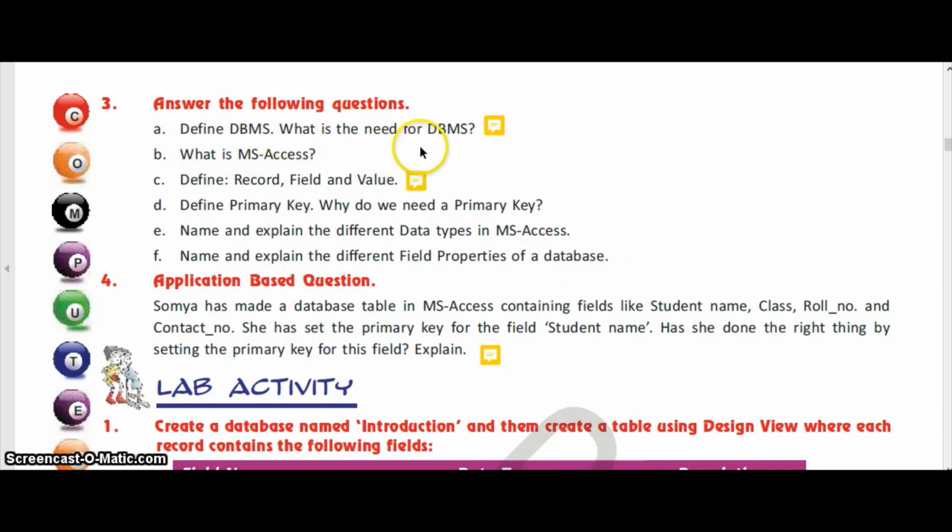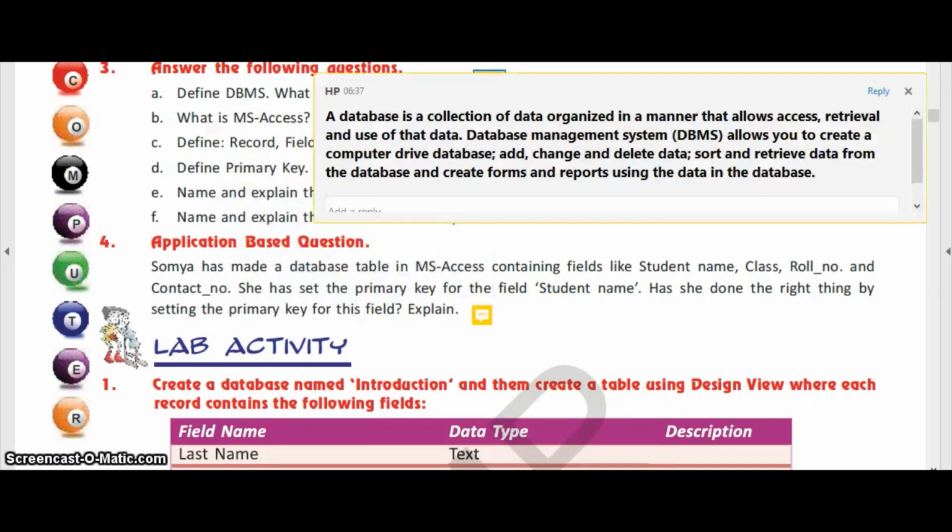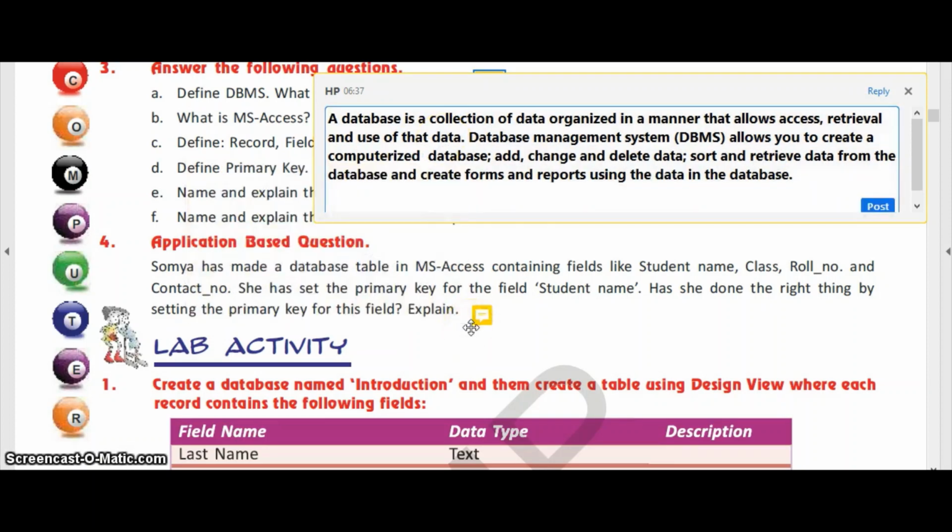What is the need for DBMS? So here it is. A database is a collection of data organized in a manner that allows access, retrieval and use of that data. Then the database management system.